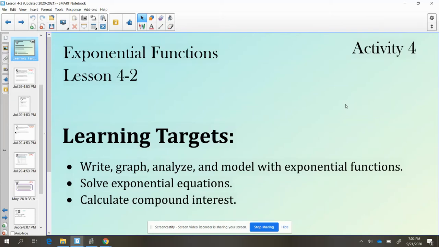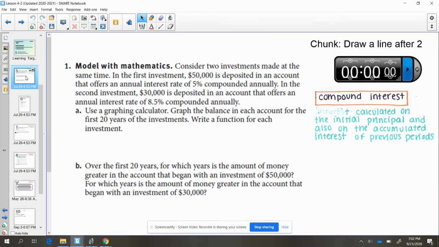Hi everybody, today we are going to continue talking about exponential functions, and we're going to talk a lot about calculating interest, including eventually compound interest using exponentials. So we've talked a little bit about compound interest previously, and the first question here talks about comparing two different